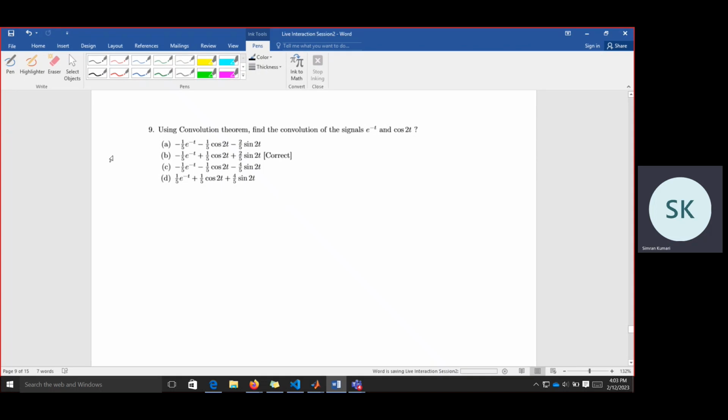In the meanwhile, you can ask any doubt you have related to the lectures. So where to find convolution? We'll just find the Laplace transform of this. So it will be the multiplication of